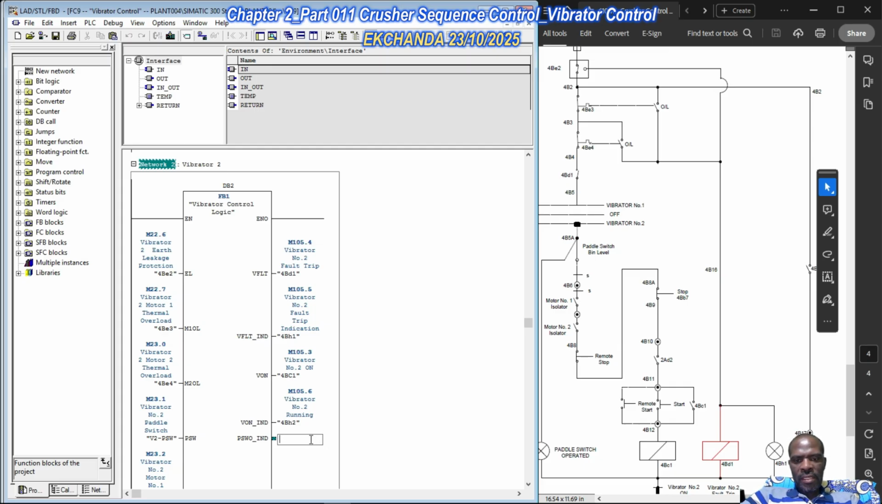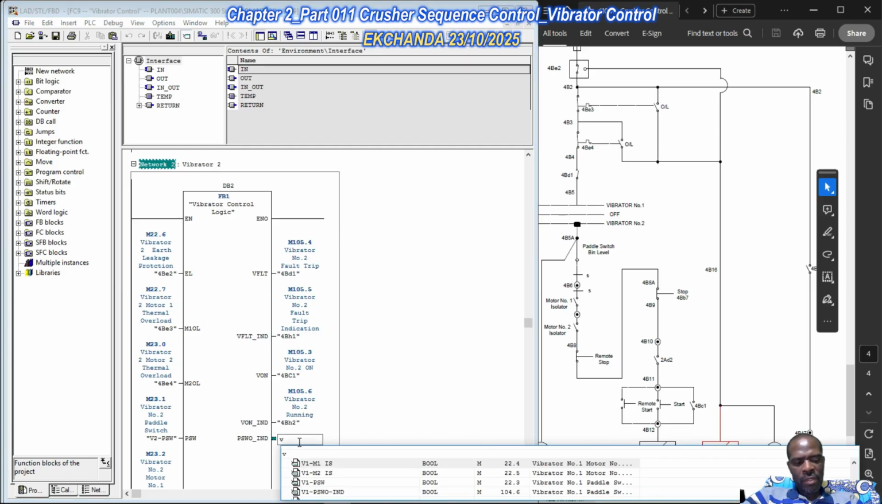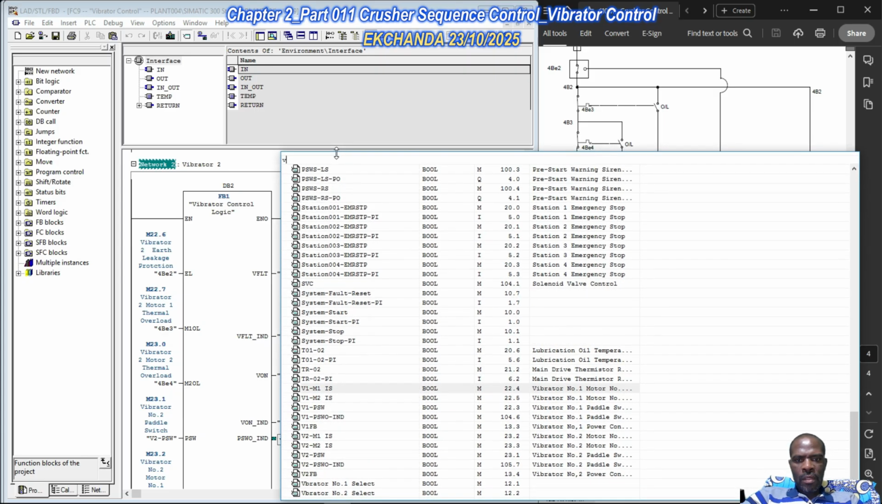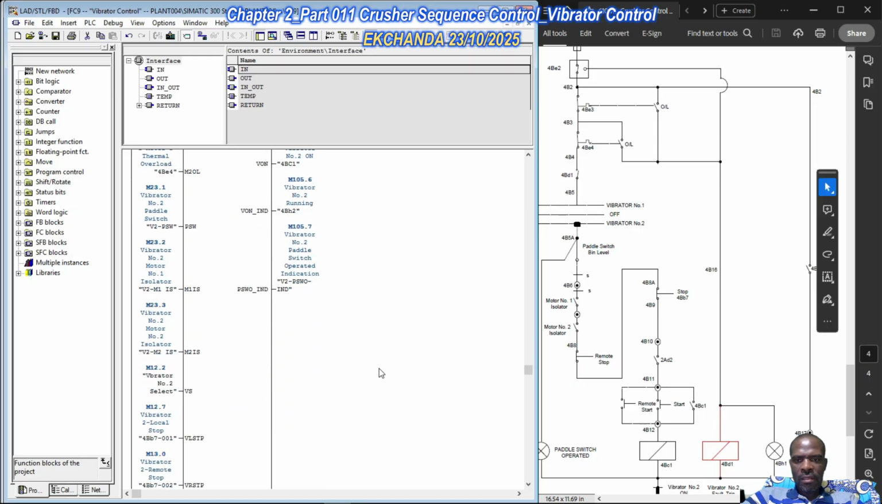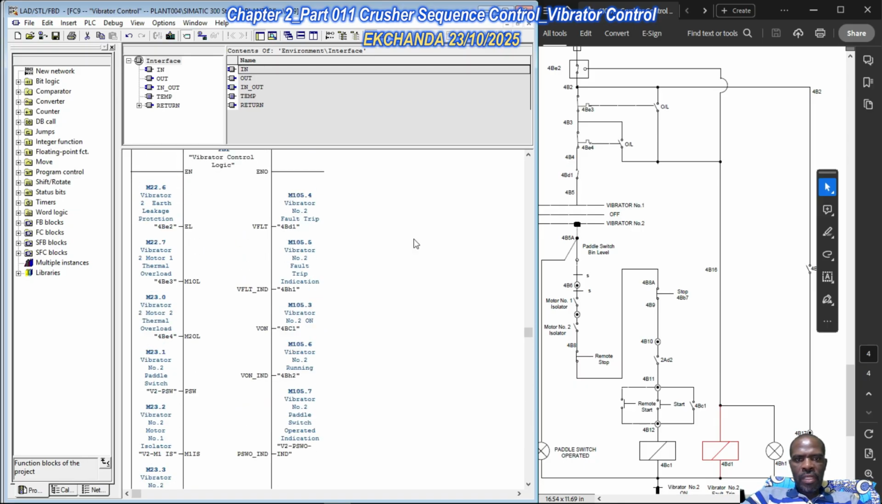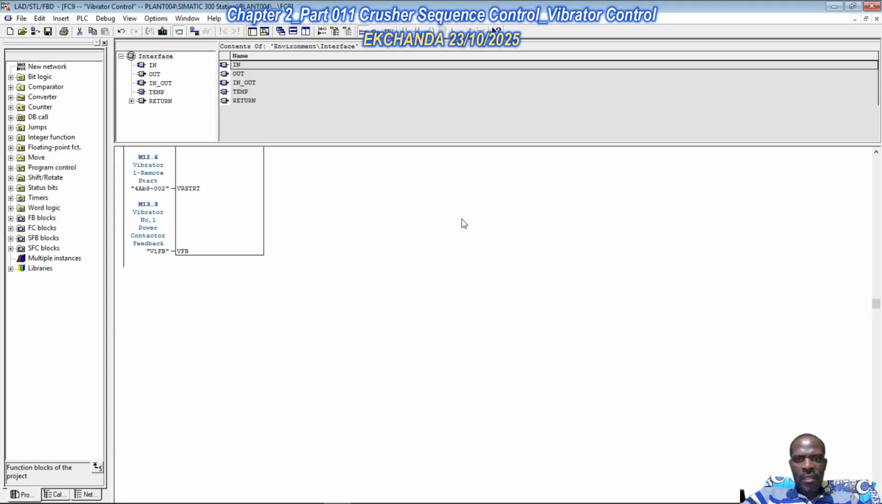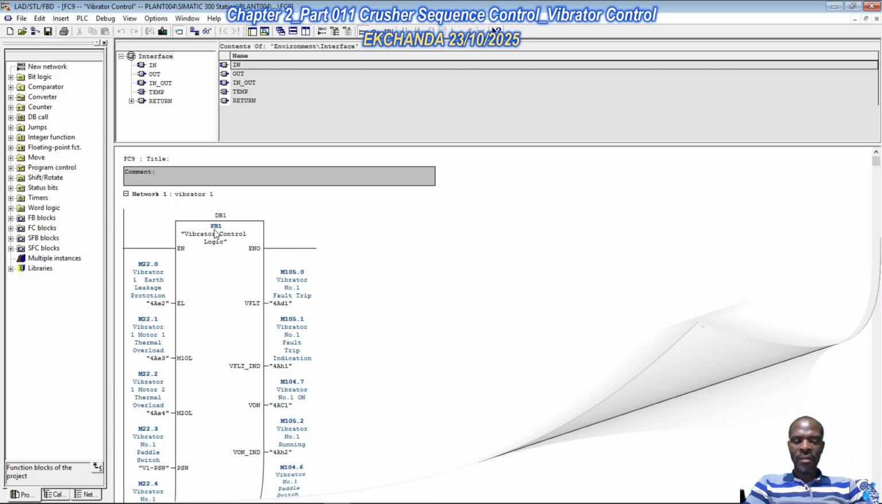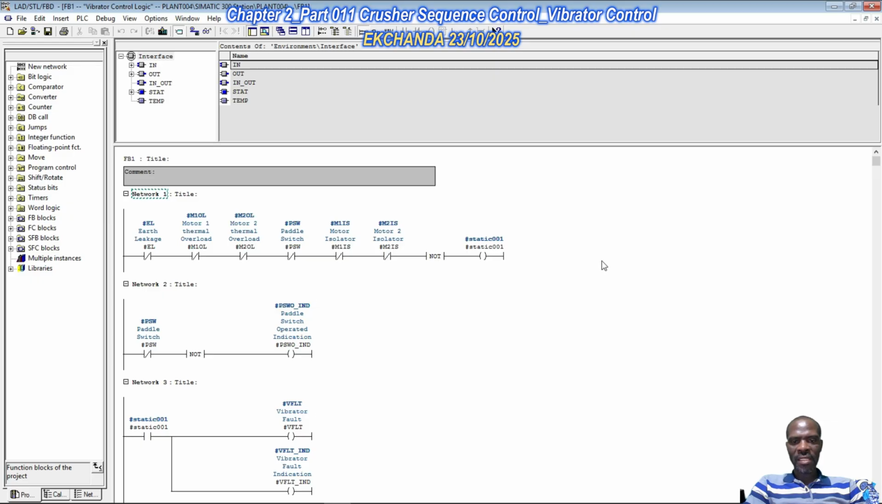Part switch operated indication, there's vibrator 2. Vibrator 2 part switch operated indication. So vibrator 2 part switch operated indication. I think that's pretty much it. Takes care of everything. All we need to do is save, and we're done. If our assumptions, the simplifications that we have done,